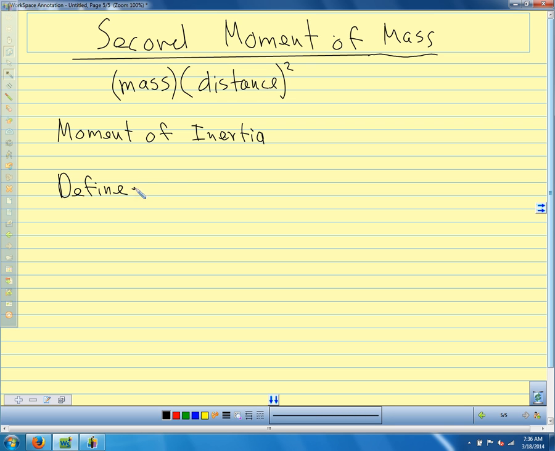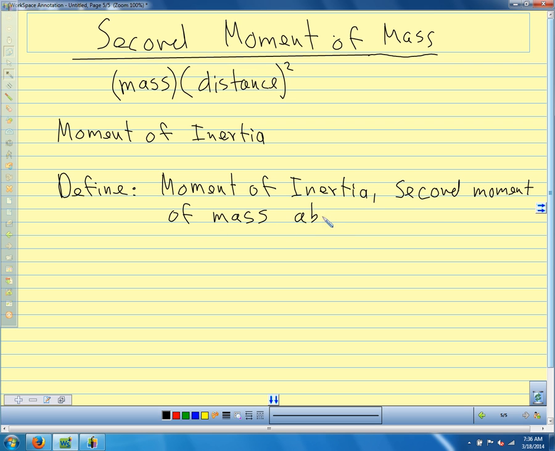Define the moment of inertia, or the second moment of mass, about our different axes. About the x-axis, we say I sub x